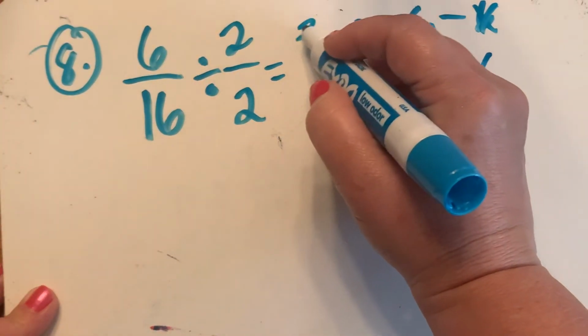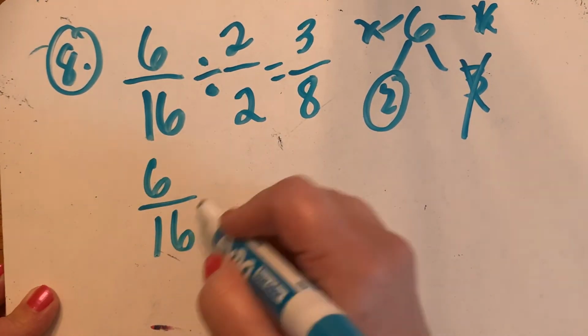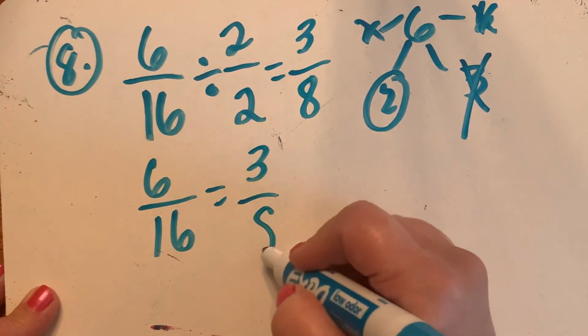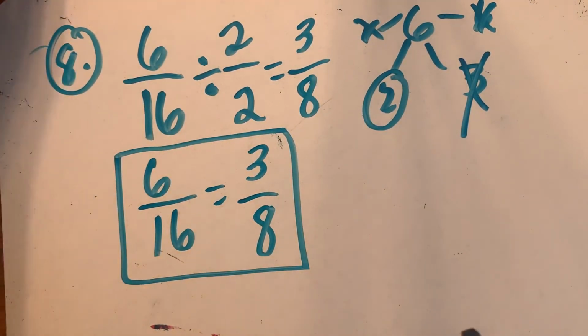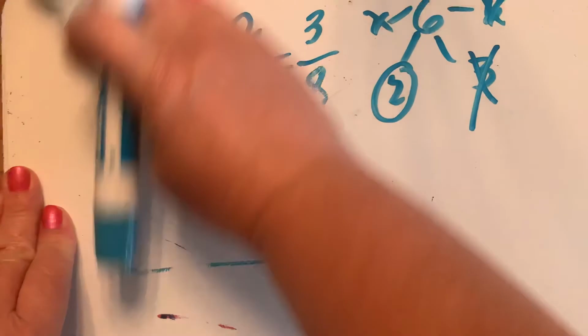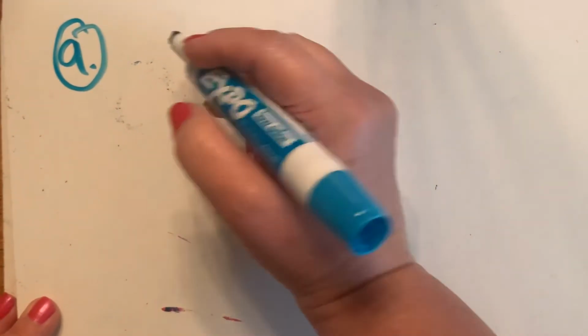Six divided by 2 is 3. 16 divided by 2 is 8. So 6/16 equals 3/8. I think you're getting it. I feel in my heart you're getting it. Okay, we're going to do 2 more, and then you're going to do the rest of the page by yourself. Okay, so number 9 is